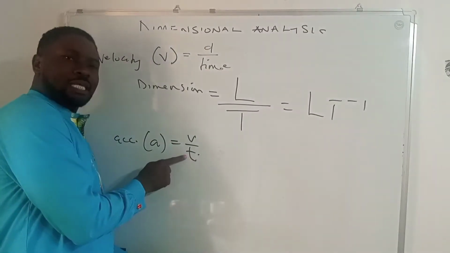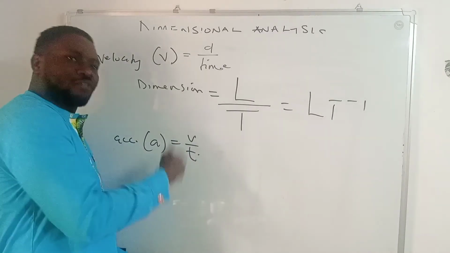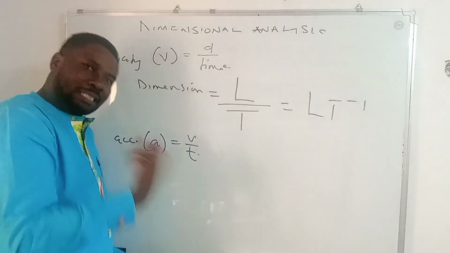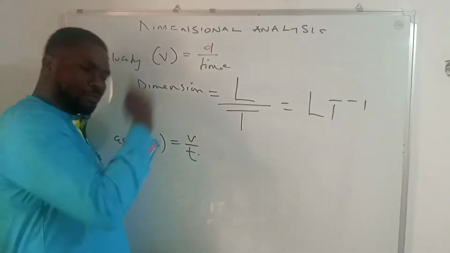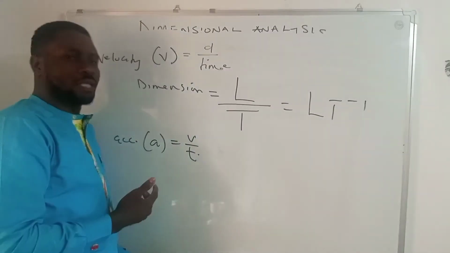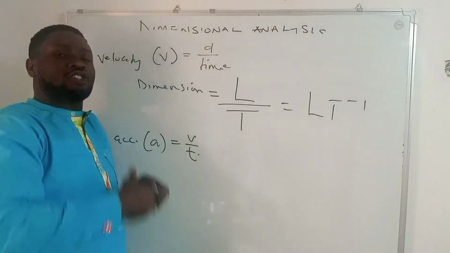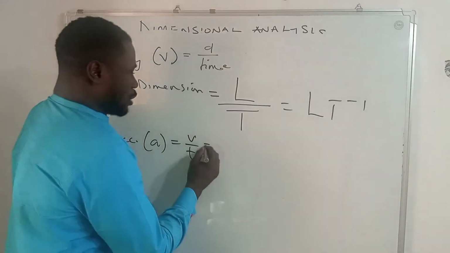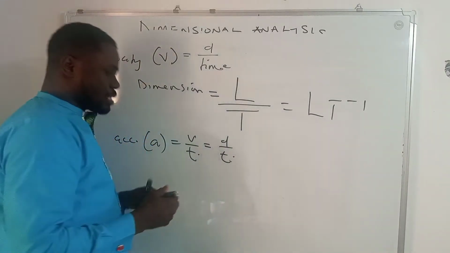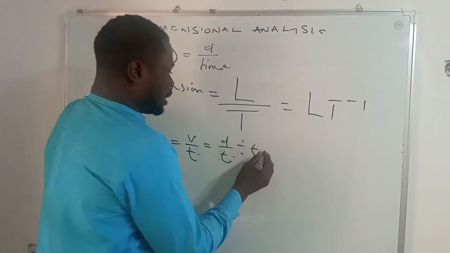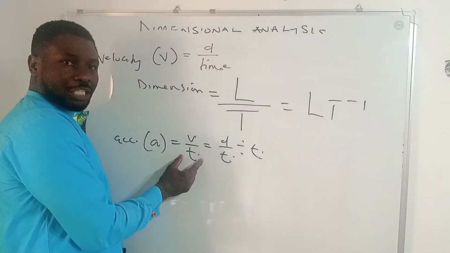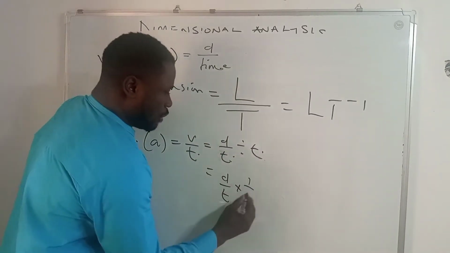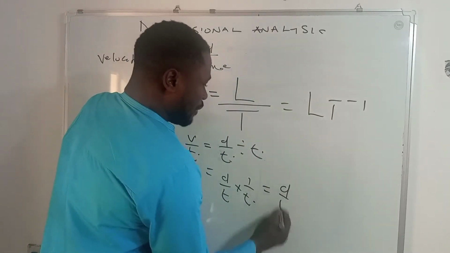Now, we do not have a problem with the T because the T is part of mass, length, and time. But the V here, we have a problem, because V is not part of mass, length, and time. What this means is that we have to substitute the velocity, because we want to ensure that everything that makes up acceleration is among mass, length, and time. So this is equal to d all over t, which of course represents velocity, now divided by the t, where this t is the denominator t. And we further simplify this: it will be equal to d all over t times 1 all over t, and that will give us d all over t squared.